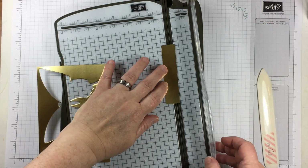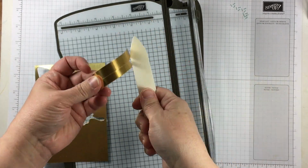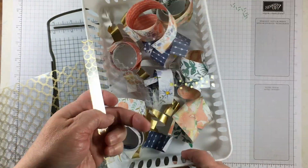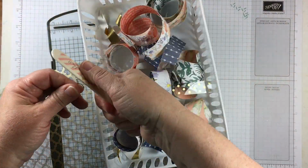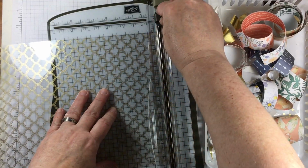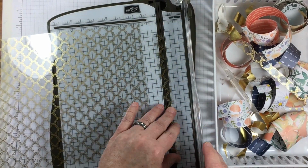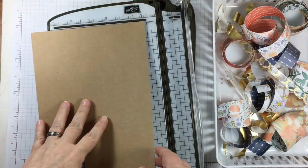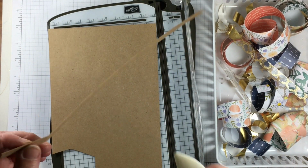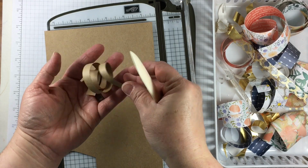I do save a good amount though, and little bits of foil paper like what you see here are especially handy on small projects. I have various different papers that I have cut from the Delightful Daisy Designer Series paper, and here is the fabulous foil acetate sheets. They have silver color on one side and gold color on the other. There's lots of different things to do with this, and I thought it's just going to add the right amount of sparkle. To bring a variety of size down into the different bits inside the jar, I am cutting some